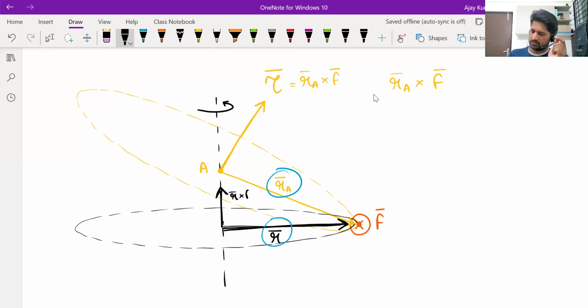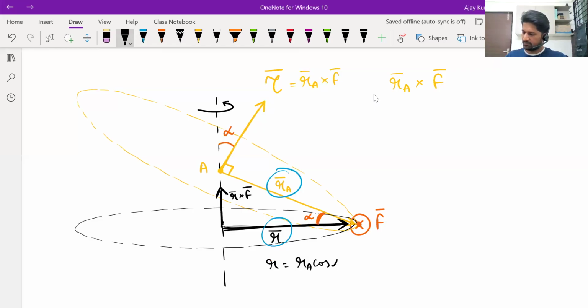This is R cross F. Now R is the X component of RA. Suppose this angle is alpha. If this angle is alpha, automatically this angle also will be alpha. The angle here being 90 degrees. If the angle made by RA with horizontal is alpha, then the angle made by RA cross F with vertical will also be alpha itself. Therefore, R can be written as